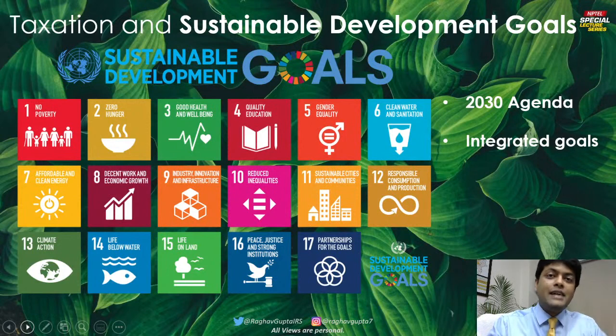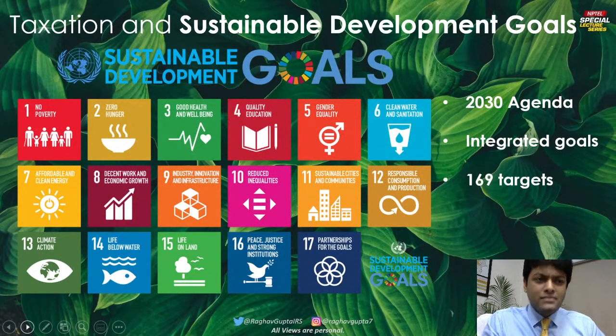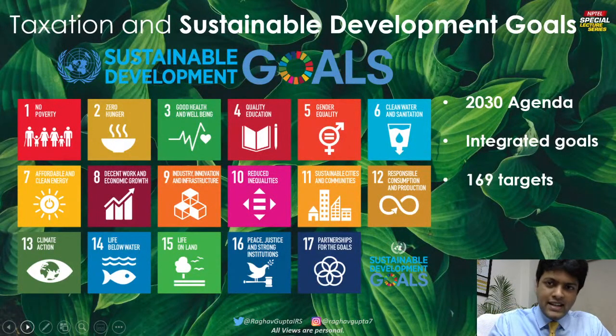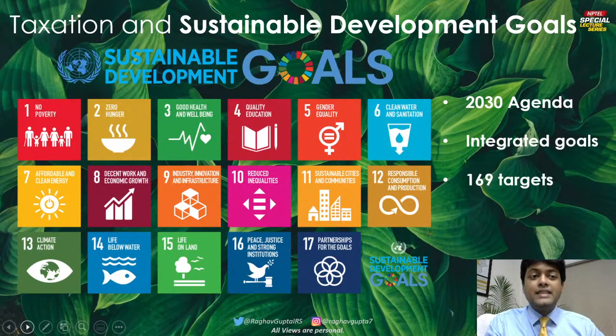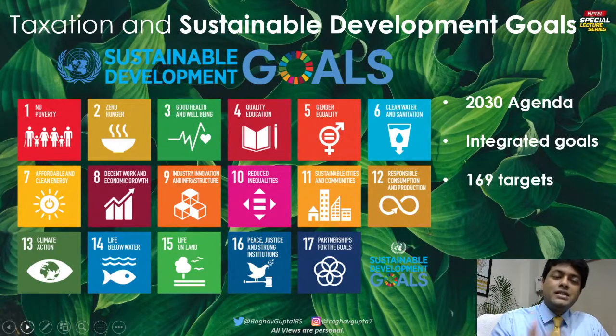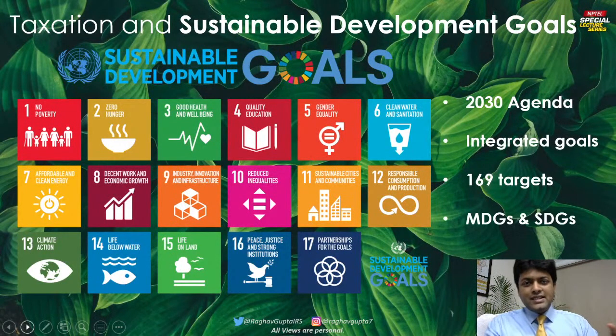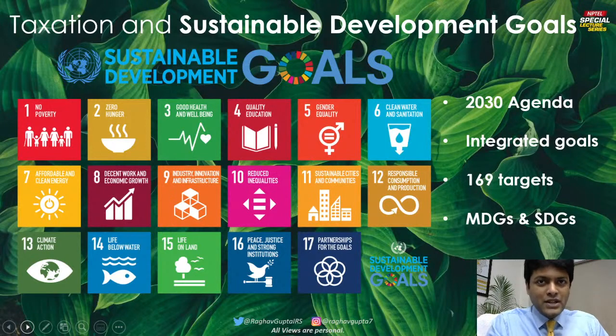And as you can see, many of these goals are interlinked, so they have linkages amongst each other. For example, climate action and, let's say, life on land are intricately linked. At the same time, you have no poverty and zero hunger, which are again linked. So we can't see these goals in isolation, and one might actually ask, how do we achieve these far-fetched and very grand-sounding goals? The reason is you have targets. Each of these goals has specific sub-targets, numbering about 169 in all, and they quantify exactly what we need to do to achieve that particular goal. So essentially, that is how the Sustainable Development Goals work, and this is an upgradation over the Millennium Development Goals,